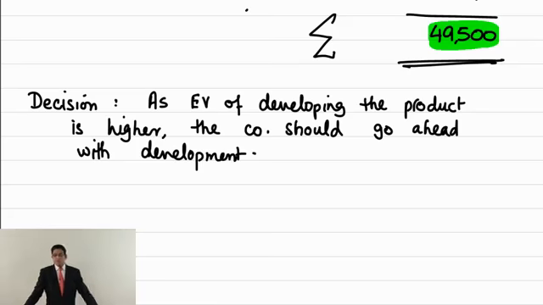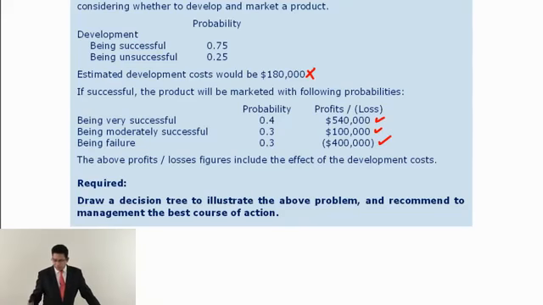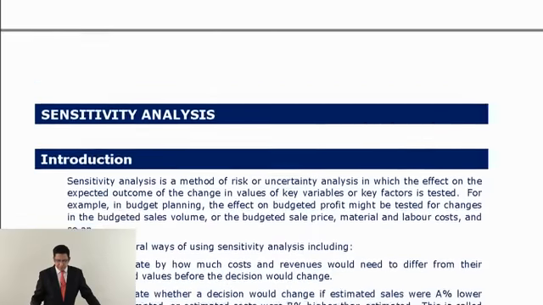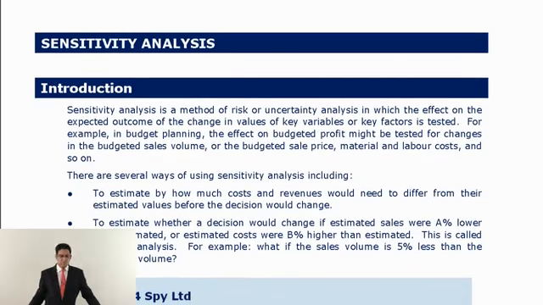Okay, so whichever way of calculation you want to follow in exams, they are very much happy. Separate calculations, or right on the face of the decision tree, you can work backwards as well. In both ways you will get to the same answer. Now let's have a look at the last area of uncertainty, which is another model or tool we apply